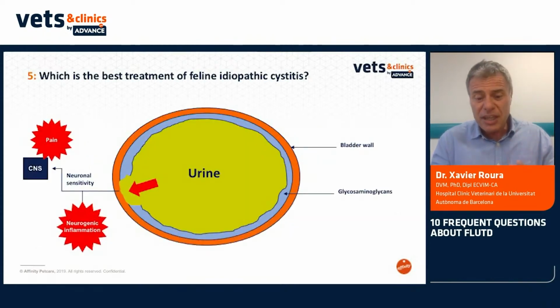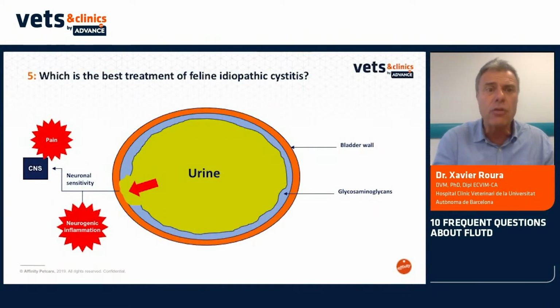So this kind of alteration, this kind of pain and stress, these changes in the neuroendocrine system probably produce in cats this feeling of pain, this feeling of fear, of anxiety. Also, it looks like it can produce a decrease of the glycosaminoglycan protection inside the bladder, and the urine, that we know in cats is usually very concentrated,